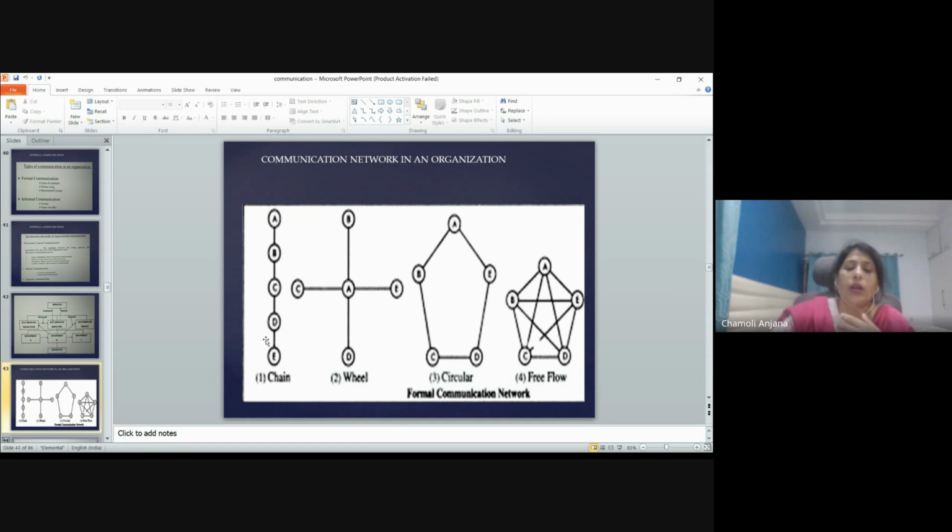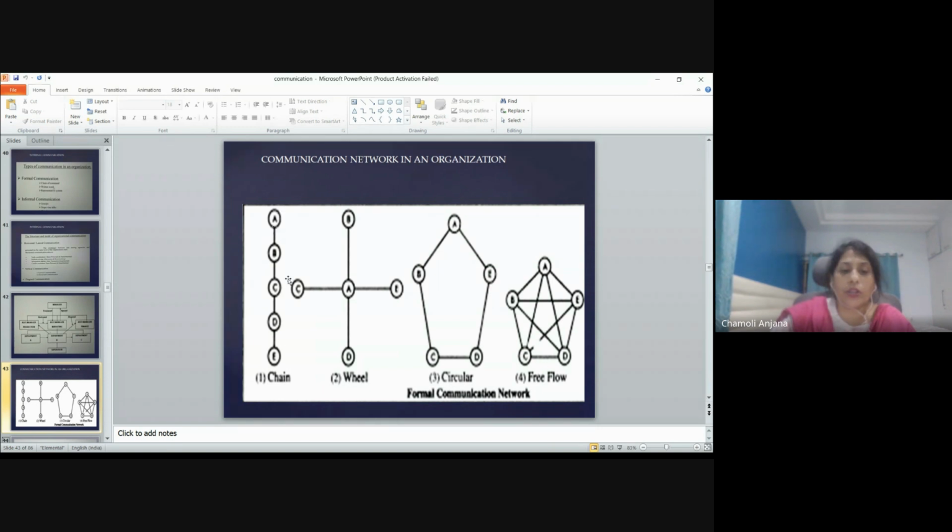So there's a sense of demotivation, a sense of dissatisfaction among the employees who are involved in the chain network. Also, one more problem is the distortion of the message. Distortion in the sense the message gets diluted or the actual message loses its form. There are some additions and deletions that take place, especially if it is an oral communication. But if it is a written communication, the distortion will not take place. So this is the major plus point and minus between oral and written.